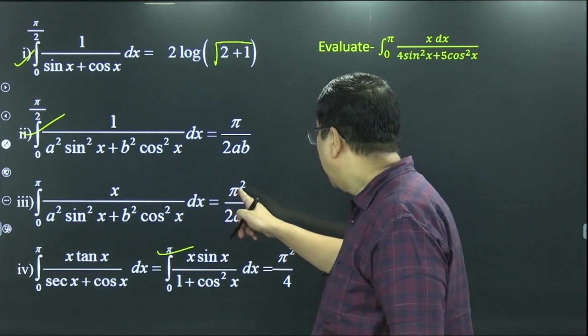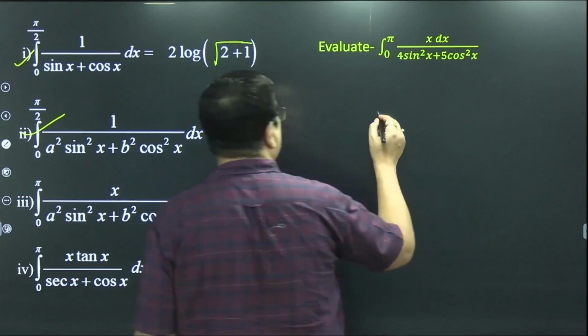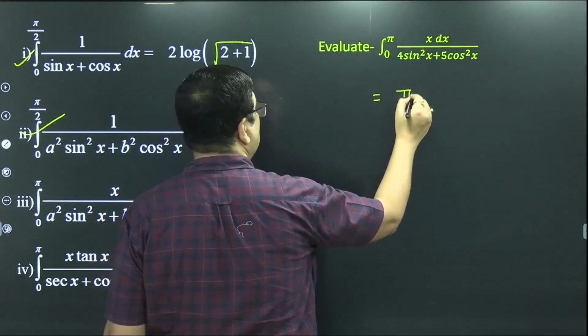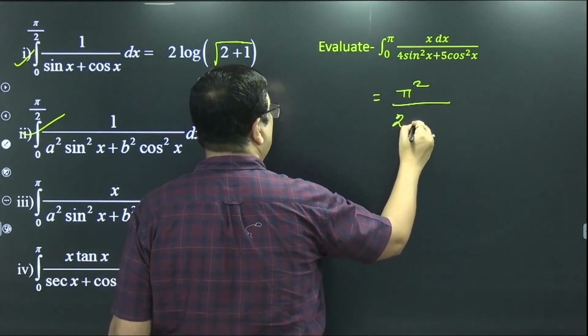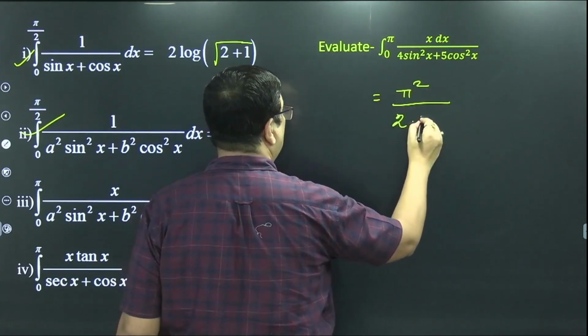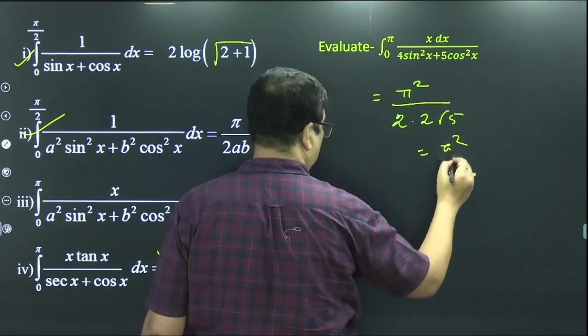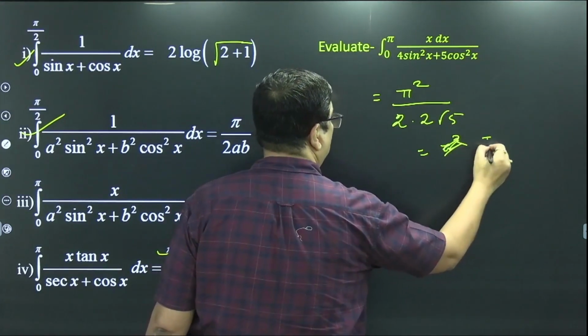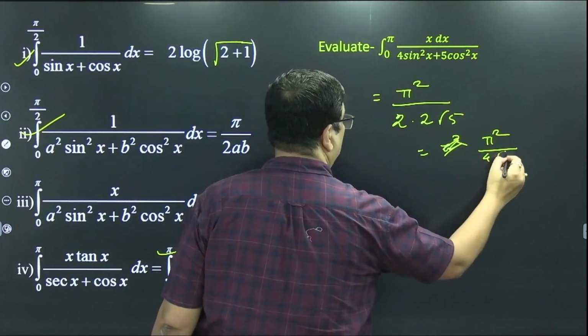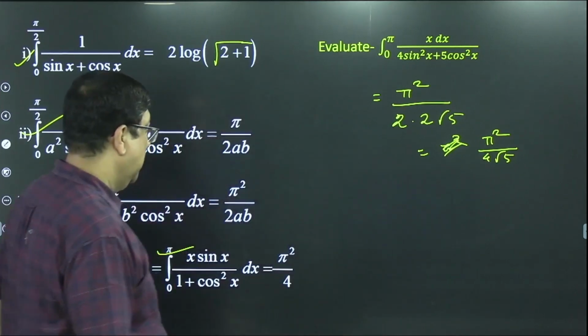Say this is pi square by 2ab. So we can write this as pi square by 2, a is root 4, b is root 5. So the answer is pi square by 4 root 5, in this way. Next,